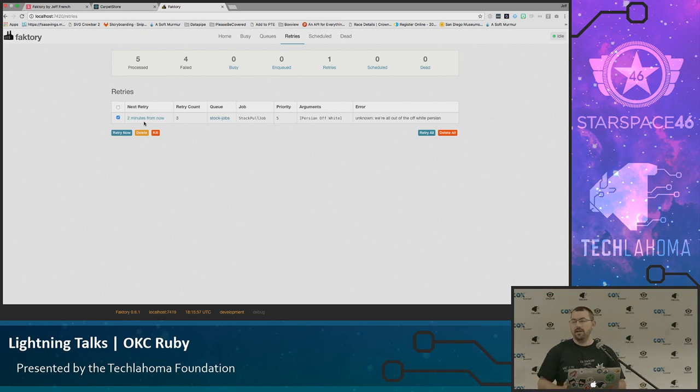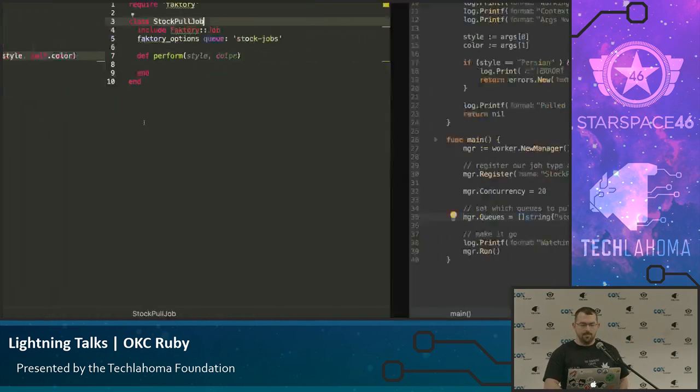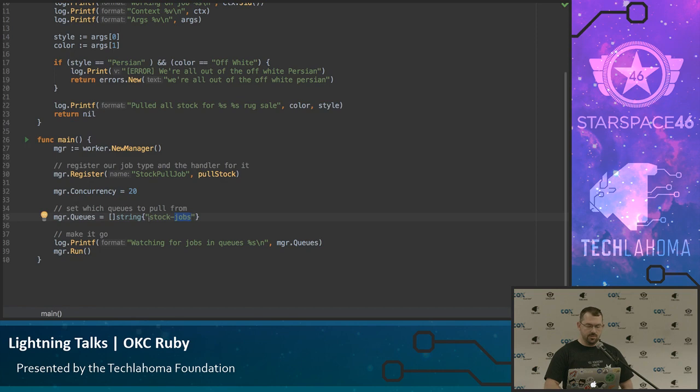Now, some of the advantages of Faktory over Sidekick are things like when I tell it what queues to pull from. This is an array that's actually ordered, and this works in any of the client implementations in any of the languages, where I can say, pull from these queues with this order of preference. So the ones to the farthest left get the highest order of preference, and the ones further right are lower order of preference for pulling jobs.